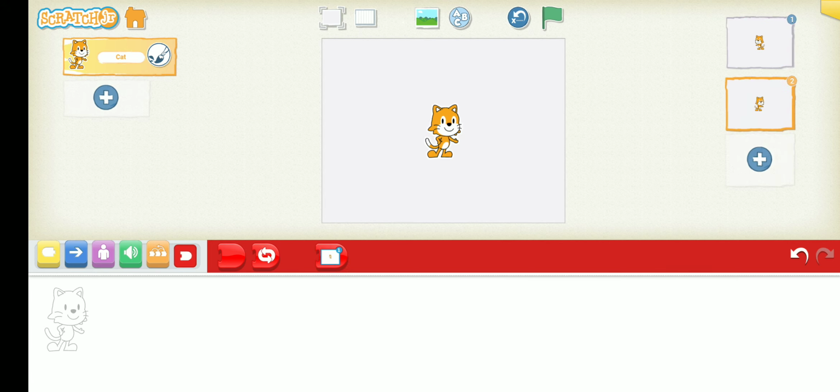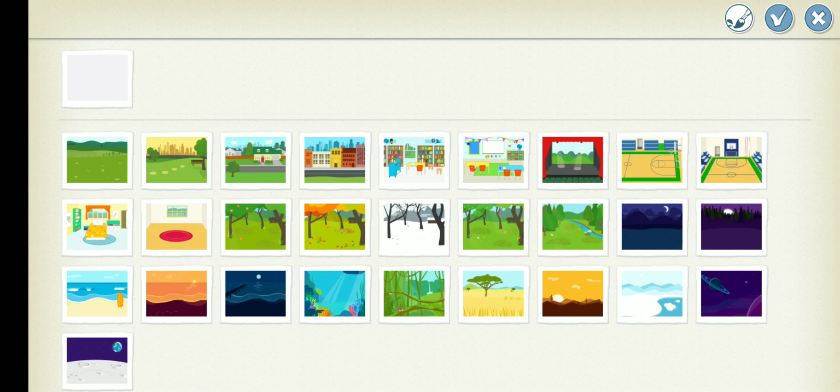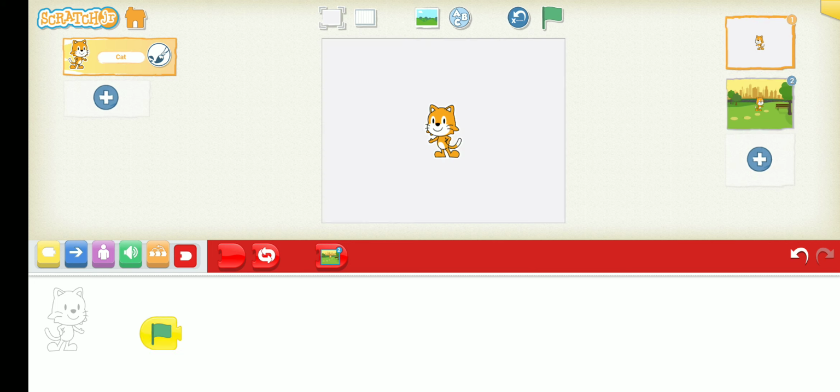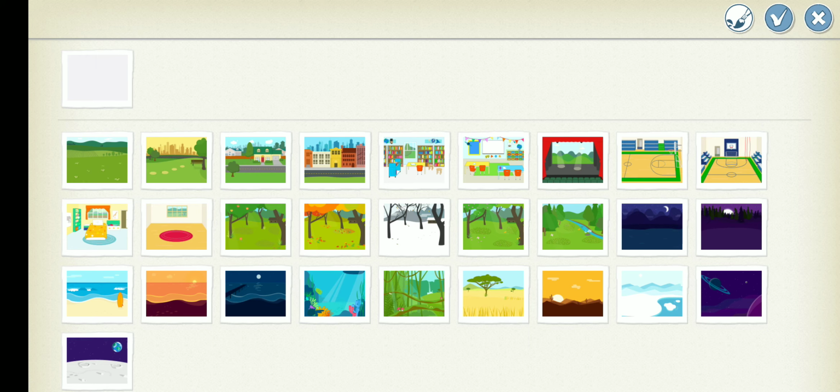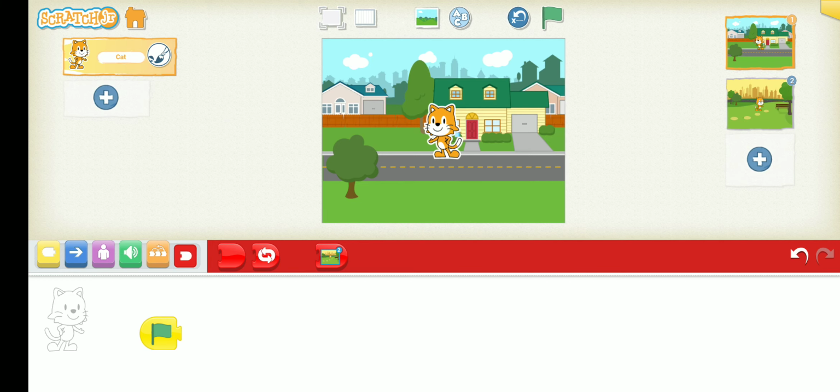This time I want a different color so that I can understand this is my second page. So I am taking this theme background, and on my first page I have, suppose, this background. So you are creating one story, and after completing the first page you want to switch to the second page. So what to do?